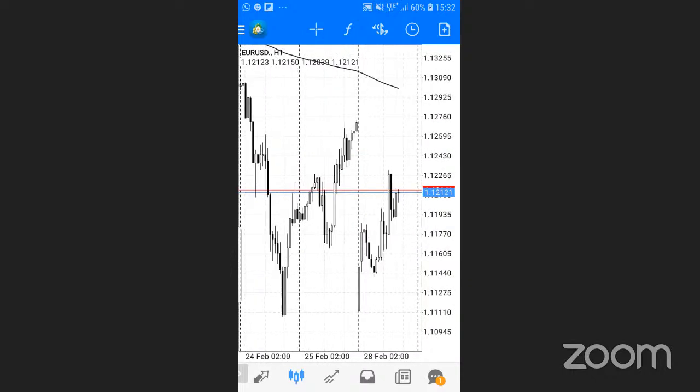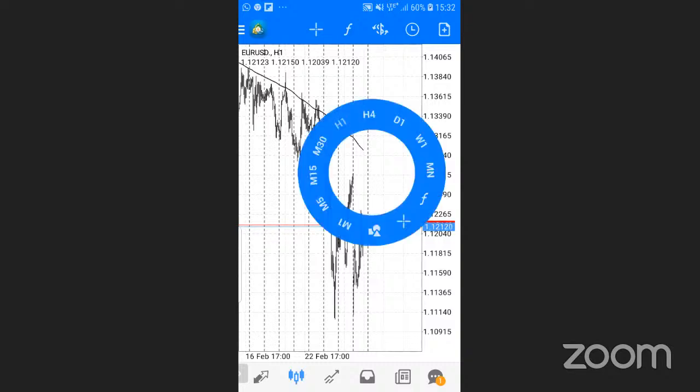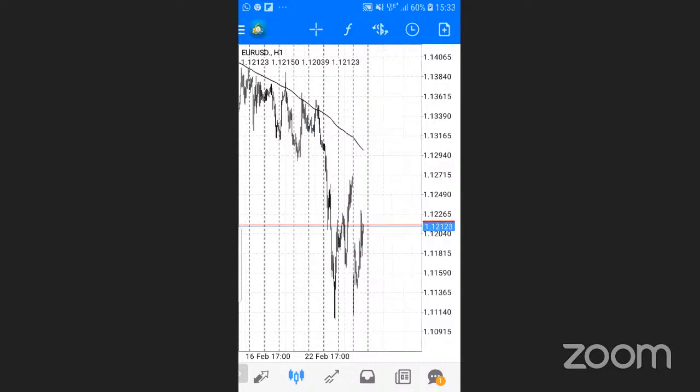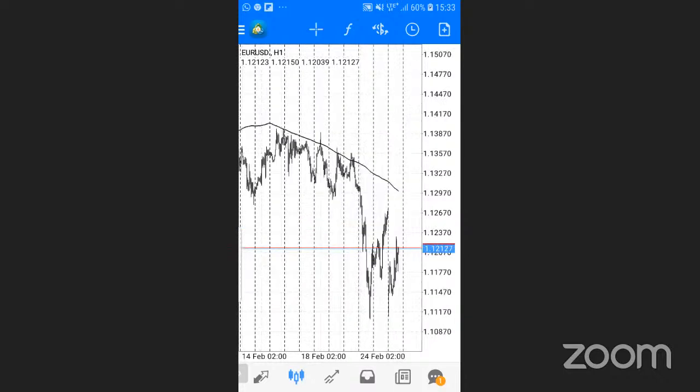Downtrending does not mean you should sell anywhere on the chart. No. Allow price to come for a retest of that zone, be it trend line, be it support and resistance and all of that. So this is a moving average. You can decide to put multiple moving averages. Now, if you use 200 period, you can go back